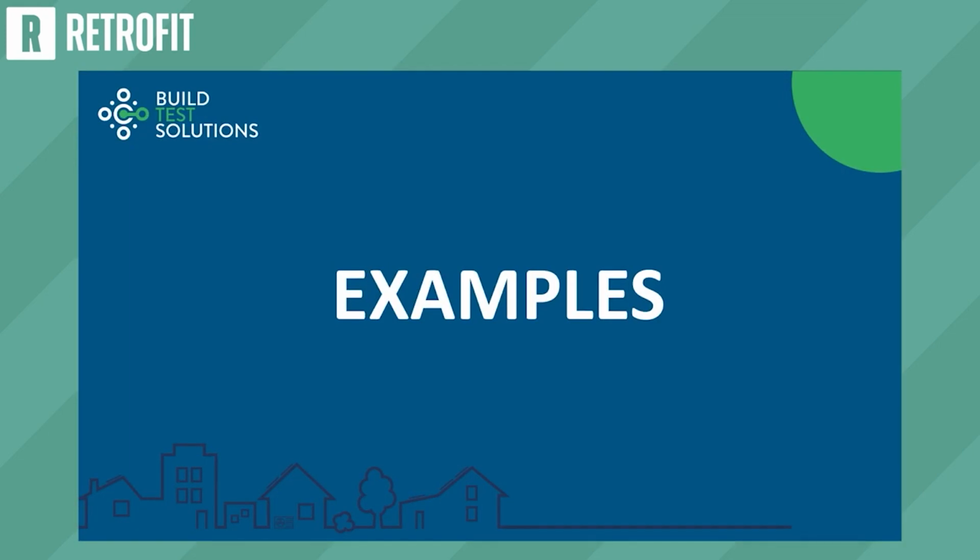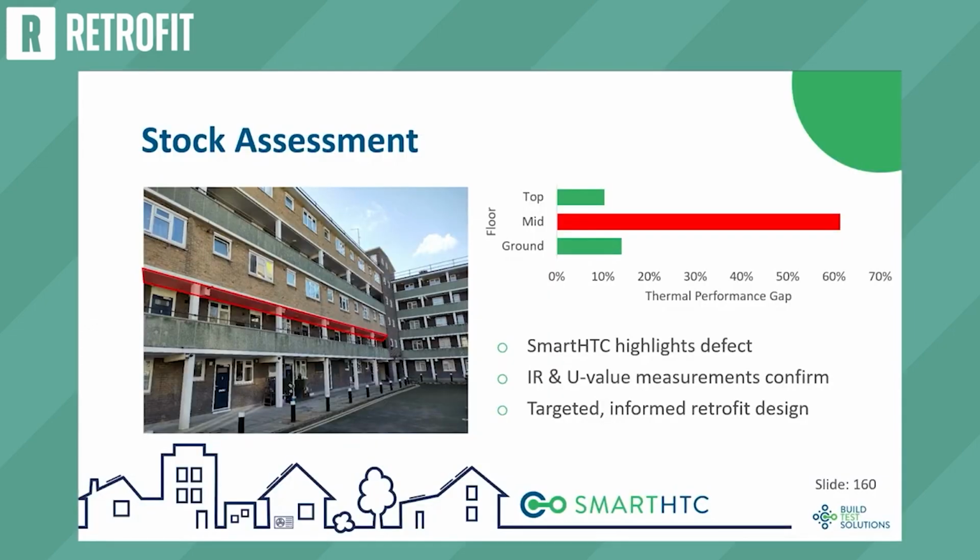Now I'm going to try and give you some examples of things that we're doing, and hopefully you'll all go, God, I want to do those too, and come and see us next door, see the value in what we're doing. So here's now a low-rise tower block with around 30 flats, and we measured, first of all, the overall thermal performance of every flat. And then that chart showing the average difference for ground floor flats, mid-floor flats, and top floor flats between the predicted and measured heat loss.